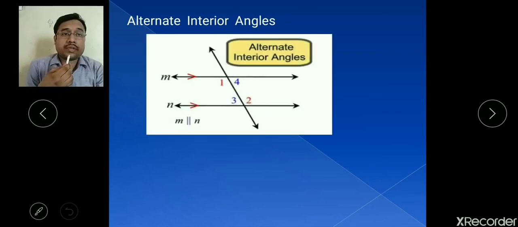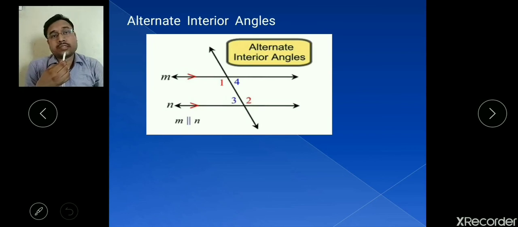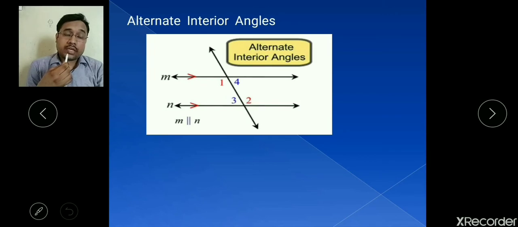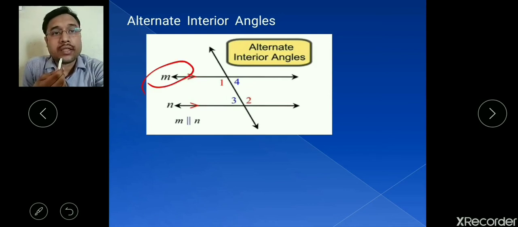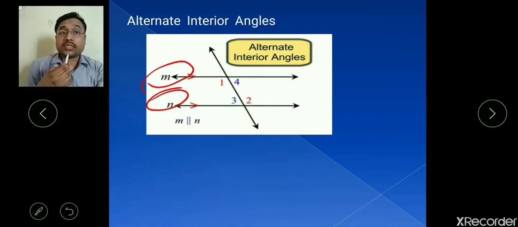With this example we can understand, if it is also a pair of angles. Alternate interior angles also come in pairs only, and they are such a pair of angles which are lying on the opposite side of the transversal. But because here interior is written, alternate interior, both the angles are situated on the inner side, that means inside of the given lines M and N, which are intersected by the transversal.